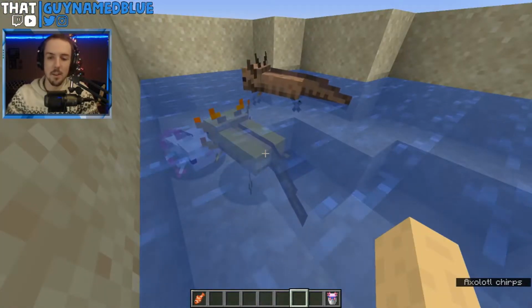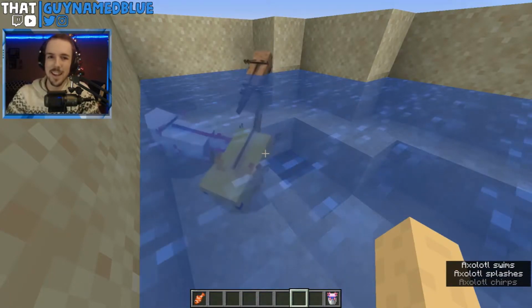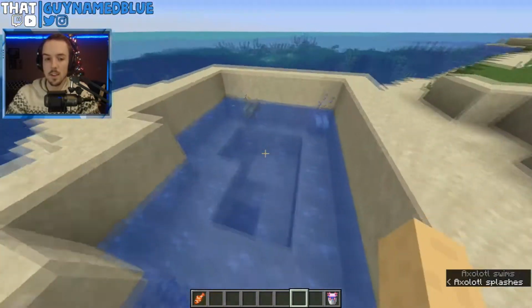Either way, the axolotls are really cool because they will attack other sea creatures, which is, you know, kind of freaky. If there were squid out here or other fish, they would attack. Well,